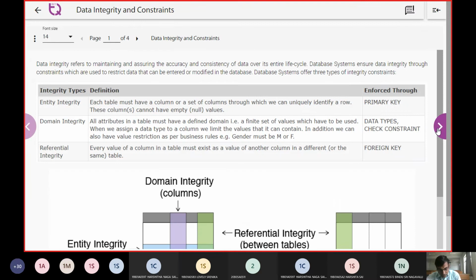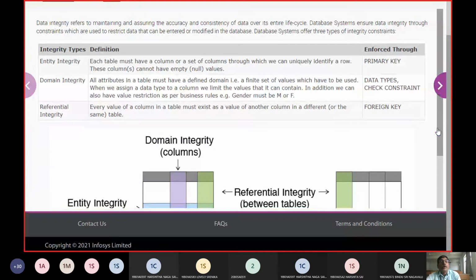So after the relational model, now let us look into the term data integrity. Coming to data integrity, a blunt answer was: if we have unique, not null, primary key, secondary key, range, domain, all of that is going to satisfy data integrity. All of those are examples, cases for data integrity. But what do we have to mention in words for data integrity?